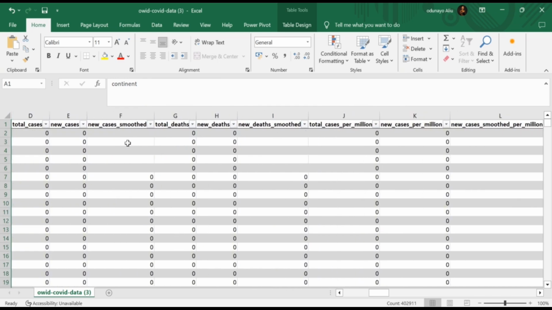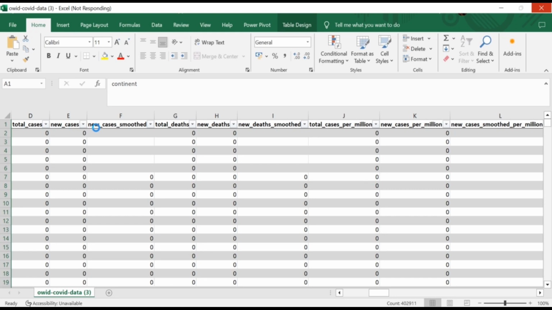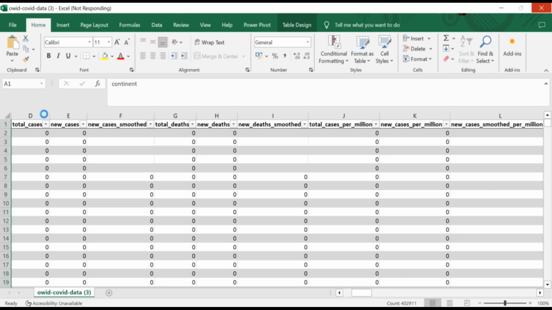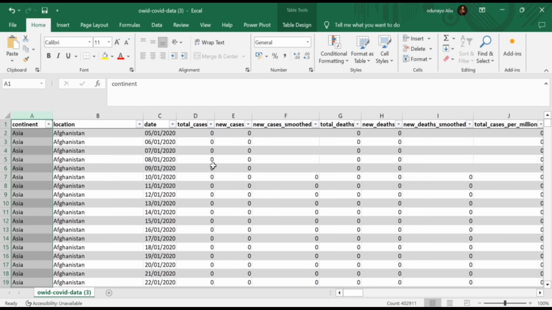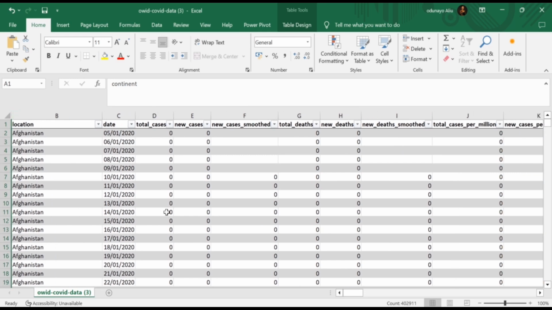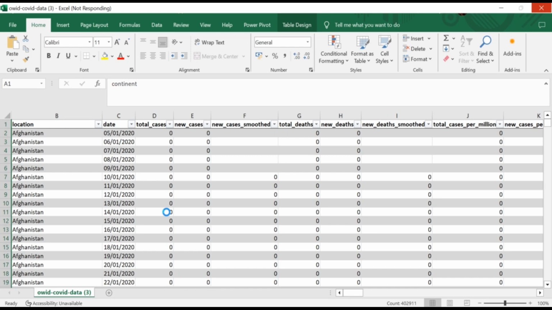So we need total cases, we need new cases. We don't need total cases because we can always add our total cases. It's taking a lot of time to load. It's very bulky. So new cases, when we add them together, see what's total cases. For instance,